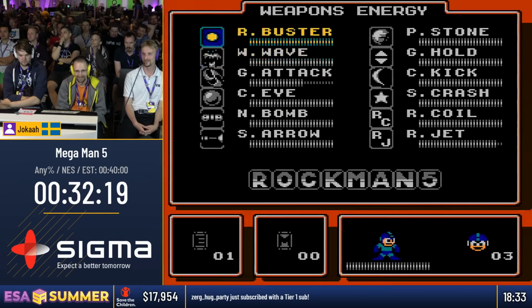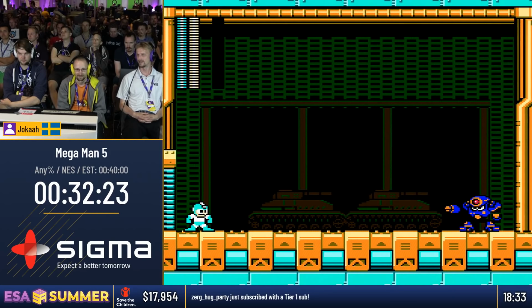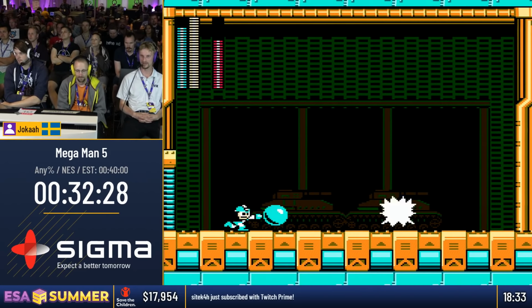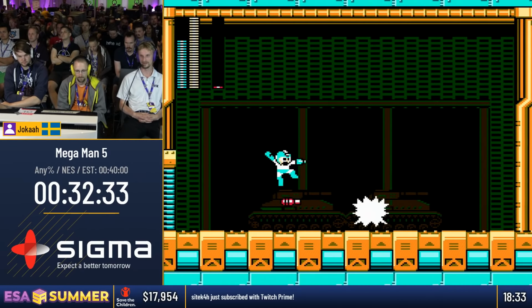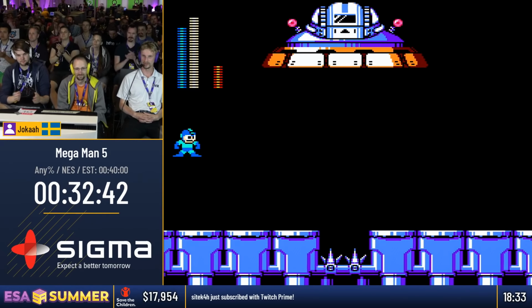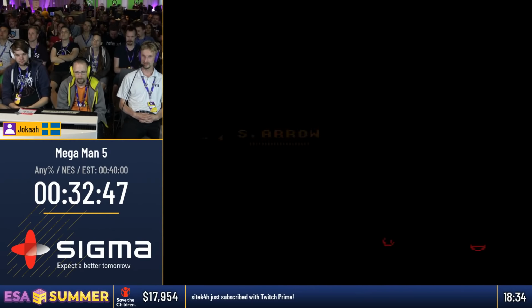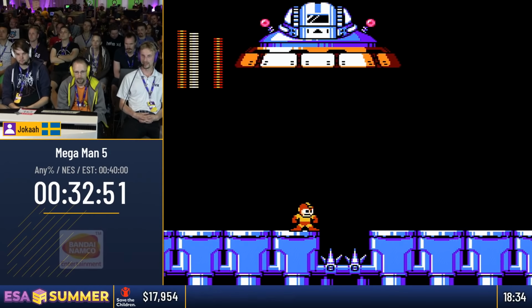But a couple of years back, somebody, I don't remember exactly who, on Taz videos figured out a way to bypass them in 4 and 5. The one in 4 is obviously difficult, it's just not realistically doable RTA, but Mega Man 5's is not too hard. There we go. Jokaah using a 2 arrows setup here, that makes it a little easier, and gets us to Wily Press,